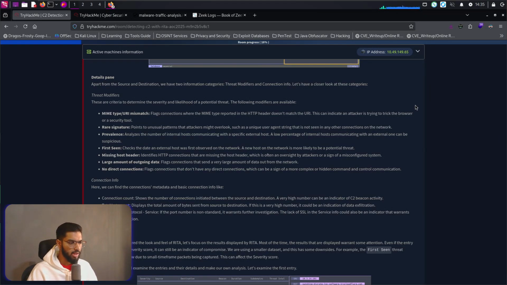Missing host header identifies HTTP connections that are missing the host header, which is often an oversight by attackers or a sign of misconfigured system. Large amount of outgoing data flags connections that send a very large amount of data out of the network. No direct connections flags connections that don't have any direct connections, which can be a sign of more complex or hidden